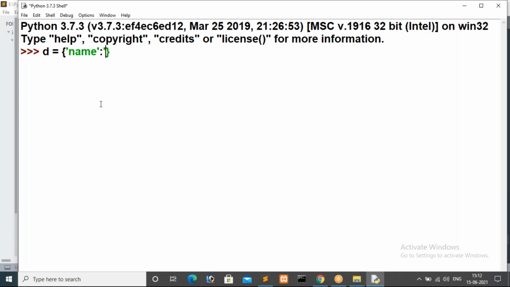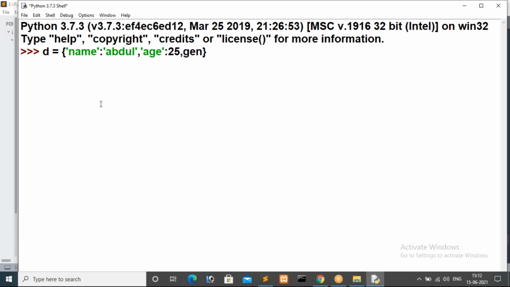So here I'm giving name, that is Abdullah. Then I'm taking one more key, that is age colon, age I'm giving 25.